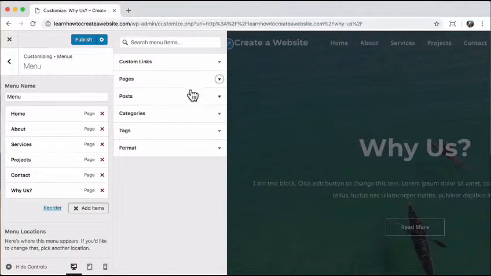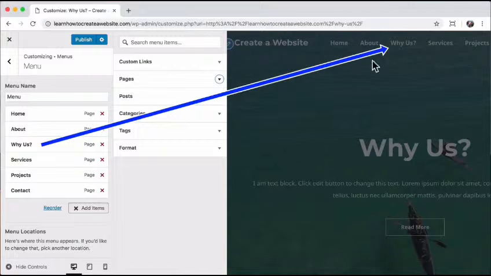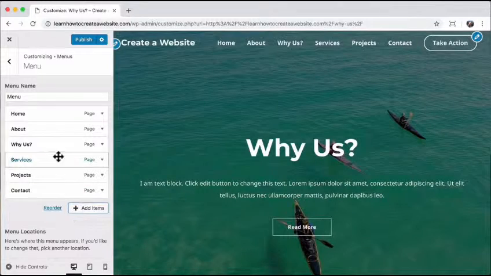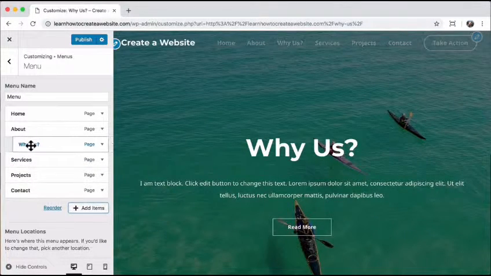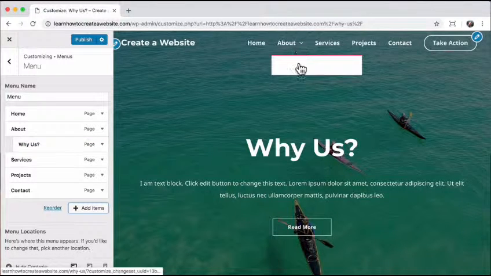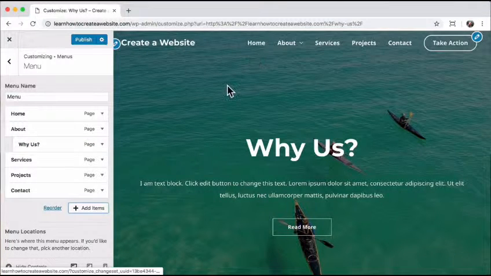And we can click, hold, and drag to rearrange the menu. Let's put it right under the About. And now we can see it up here, and that looks pretty good. But what if you have too many pages on your website and you need some sub-navigation? You can always click, hold, and drag and indent under where you want the sub-navigation to be. So now if we hover our mouse over About, you should theoretically be able to see it, but the